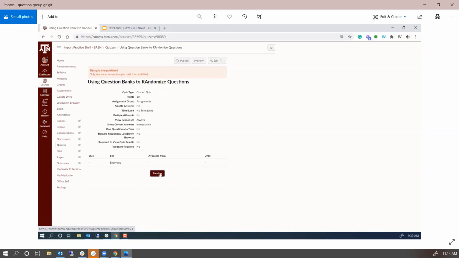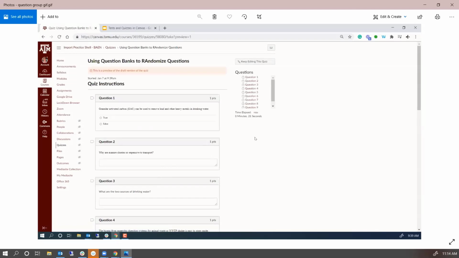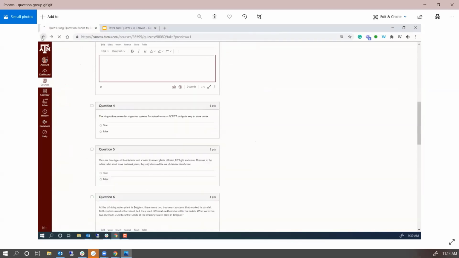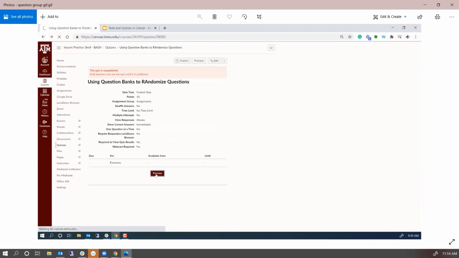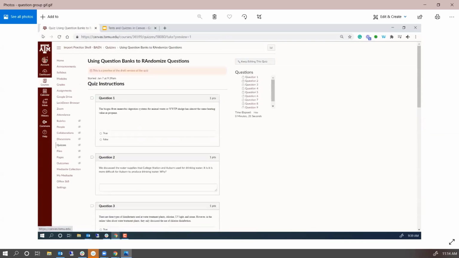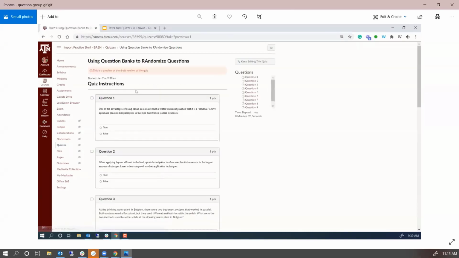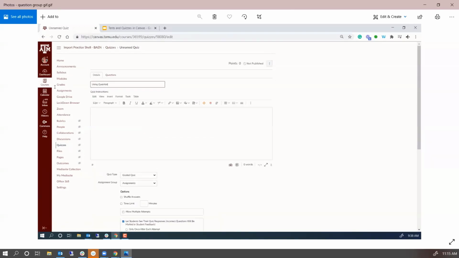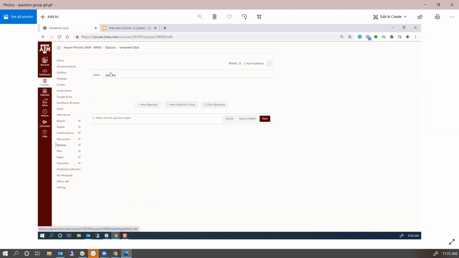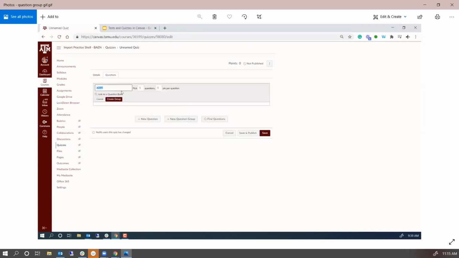Once you create a question group, you can link that question group to an existing question bank, or you can create questions within the group once it is created. And my advice for doing question groups is to go through that process really carefully. It can be a little bit tricky to make sure that you've got all those steps correct. So if you make a question group and the questions aren't showing up on your test, then go ahead and delete that question group and try again, because once you've created that group, I do not see a way for you to link a question bank to it after you have created that group.